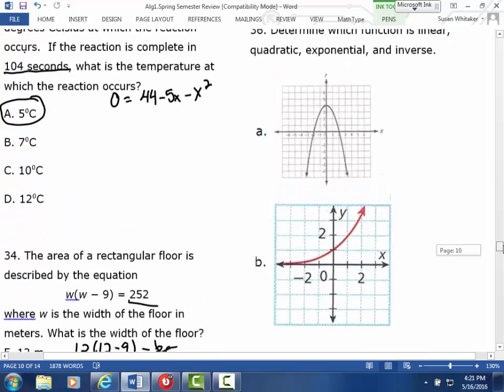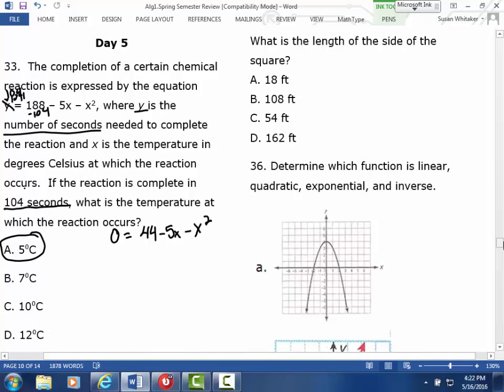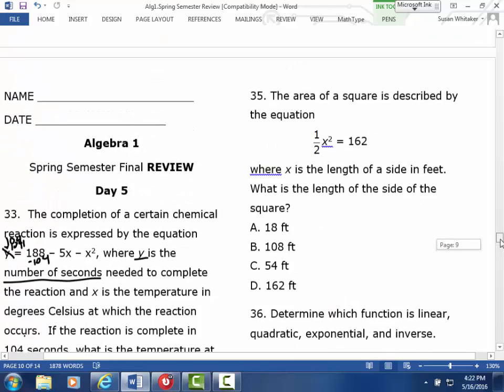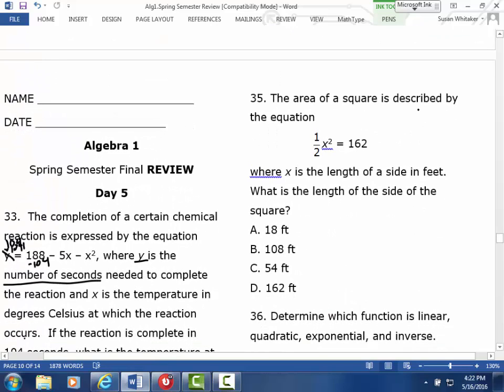Okay, let's check out 35. The area of a square is described by this equation, 1/2 x squared equals 162, where x is the length of a side in feet. What is the length of the side of the square? Okay, again, several ways to do it. One thing when I'm solving, I really don't like to have fractions. So I would multiply this entire thing by 2 and have x squared equals